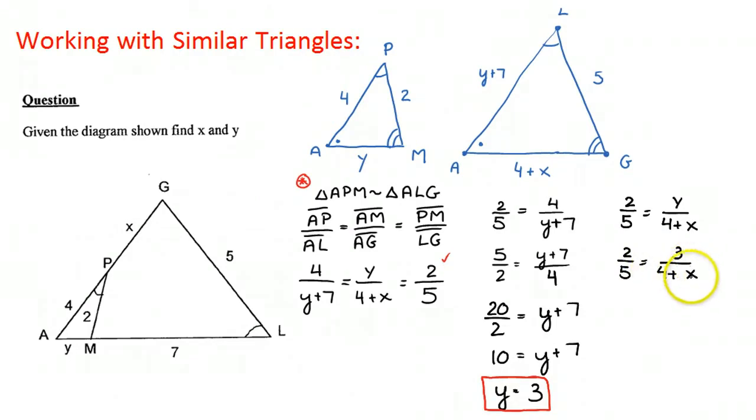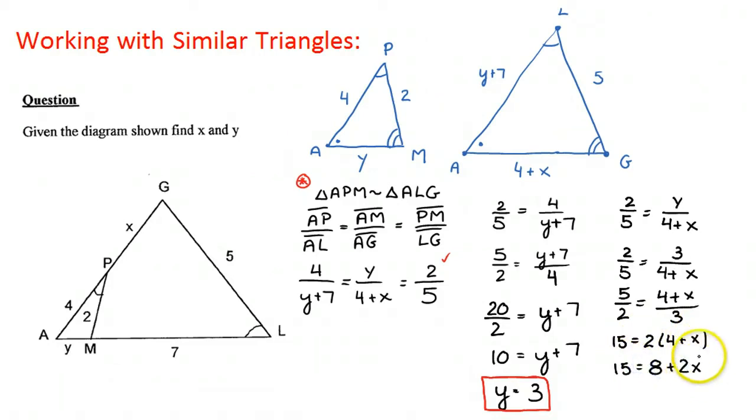And again, if I want to solve for the x, I'd like that in the numerator, so I'll take the reciprocal of both sides. So 15 is equal to 2 times 4 plus x. So 15 is equal to 8 plus 2x. So x is equal to,